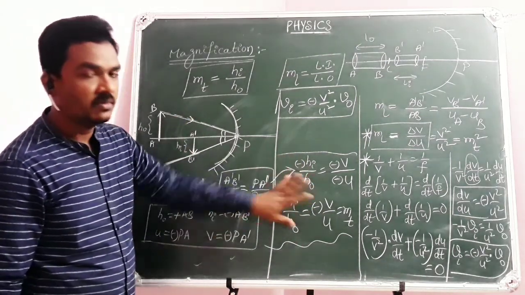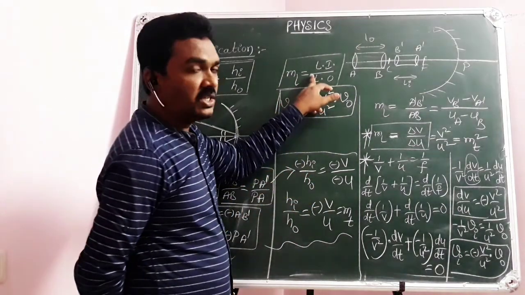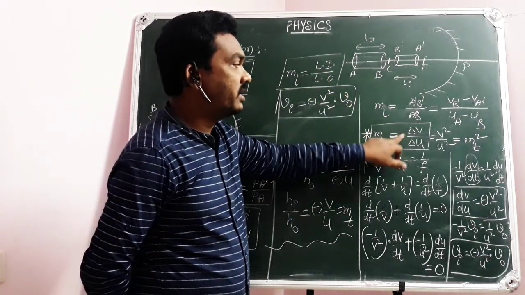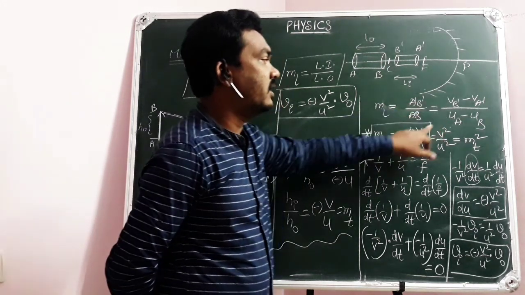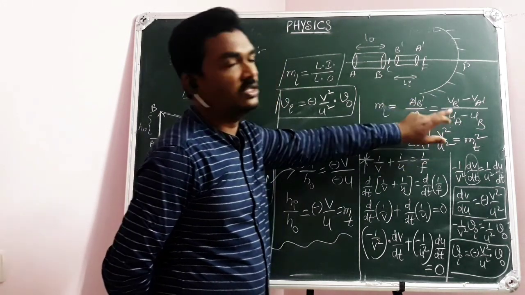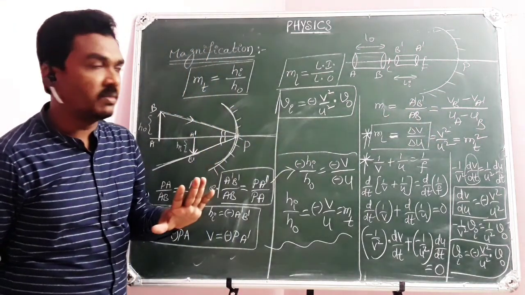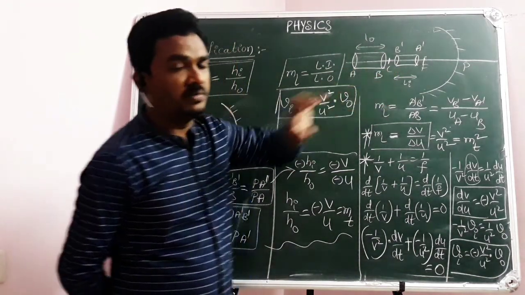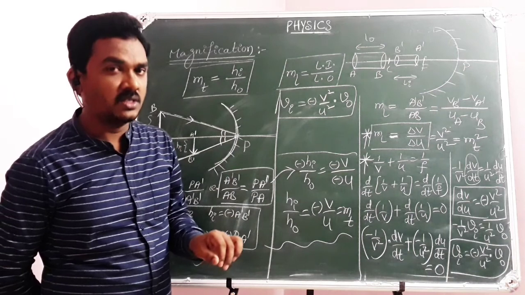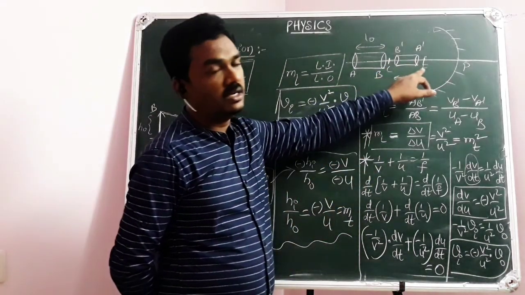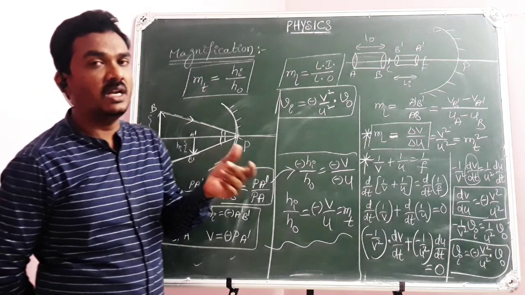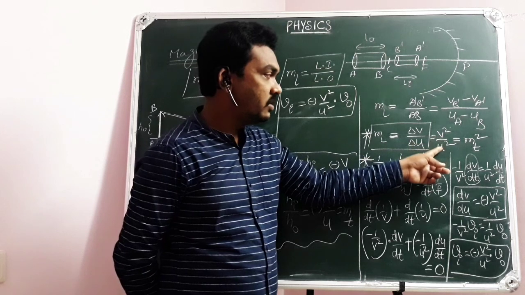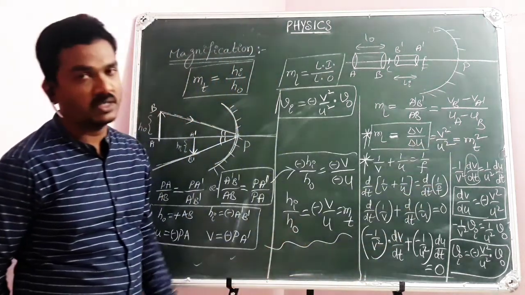Next, linear magnification is the ratio of length of image to length of object, which is equal to delta V by delta U, the change in image distance by the change in object distance. Only one thing you need to remember while dealing with linear magnification: suppose the two ends of the object are two different point objects, then you can locate the point images, which give the length of image and length of object. Then linear magnification is V square by U square, which is the square of the transversal magnification.